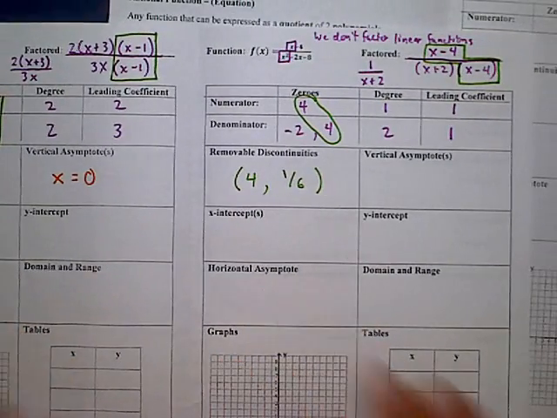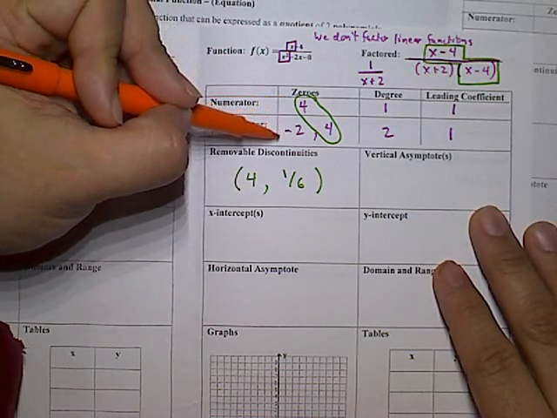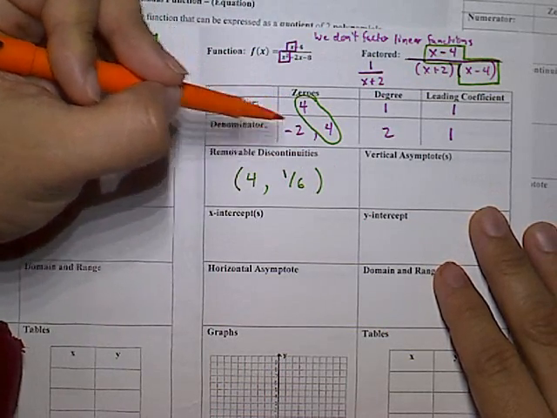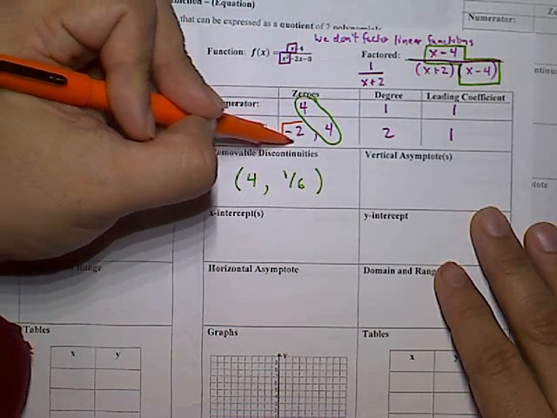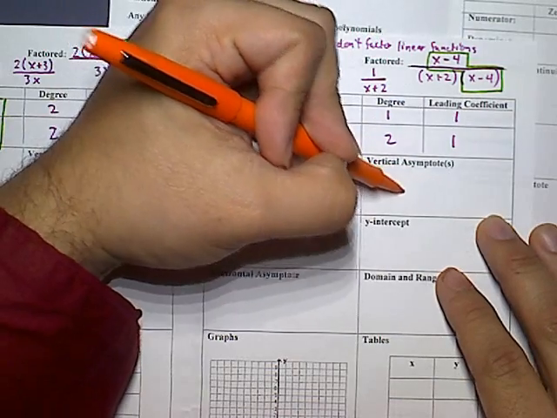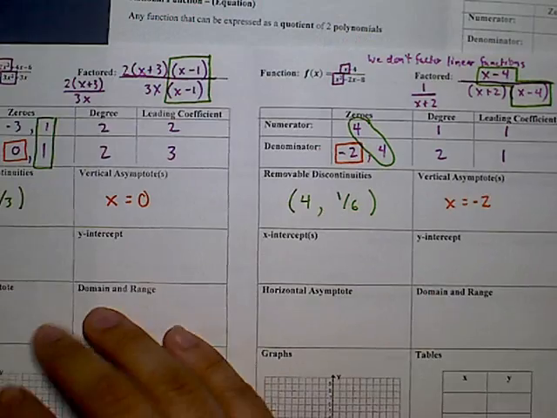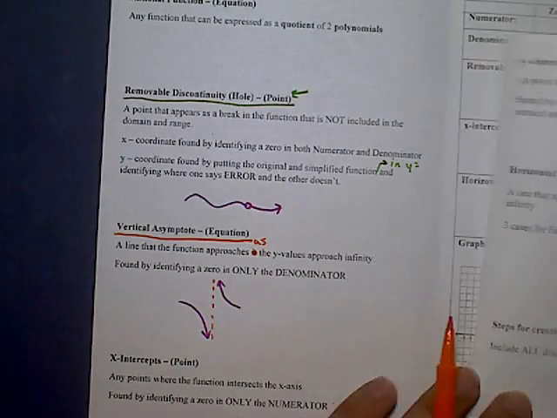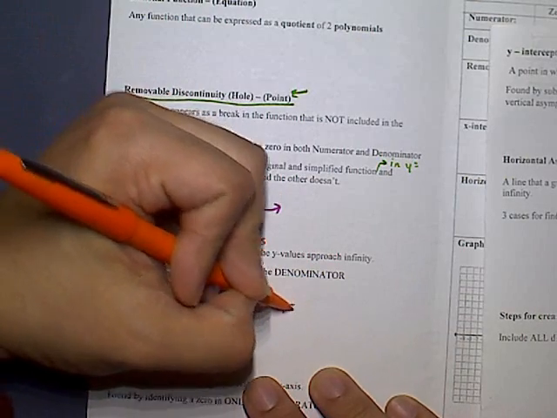And now, that leads us to the next one. On this problem right here, are there any zeros that appear in only the denominator? If you got -2, you got it right. And that right there will be the number for our vertical asymptote. It will be x equals -2. To make a little note for ourselves on the definitions page, the equation will be x equals